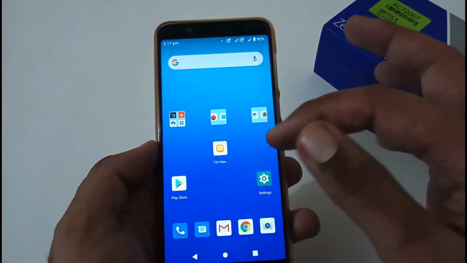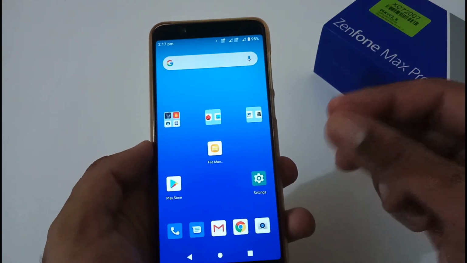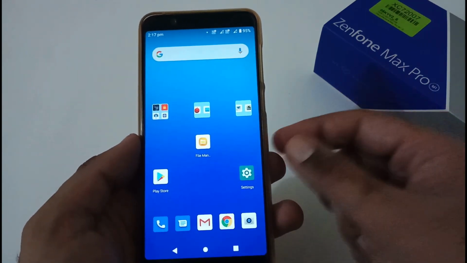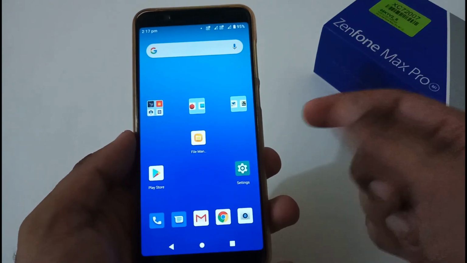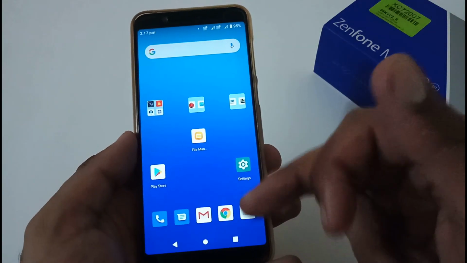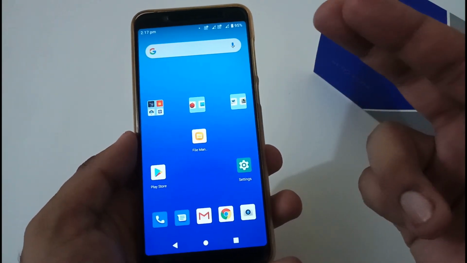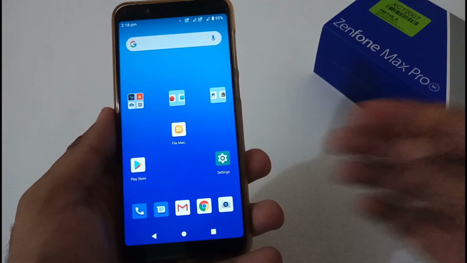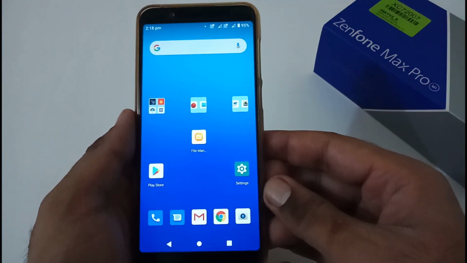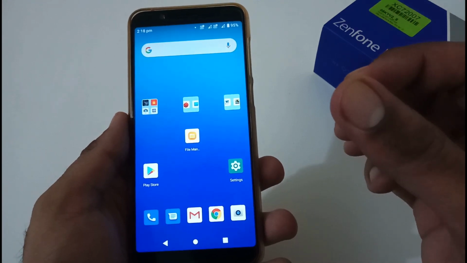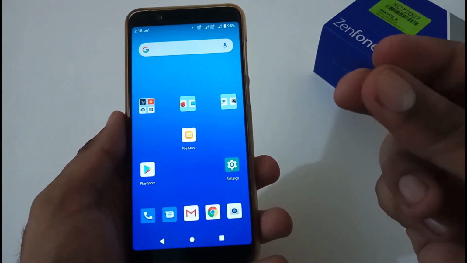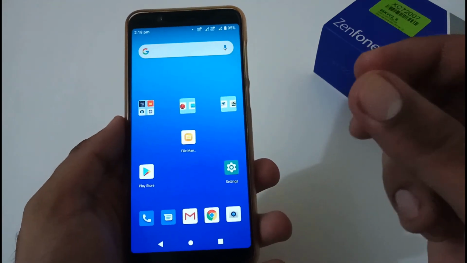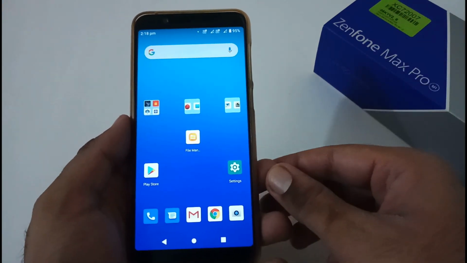Apart from this, the Zenfone logo is again back in the boot screen. Hopefully that will be resolved whenever they have a stable version, and whenever they'll be shipping it for the Indian versions and so on. Apart from this, the gap between the navigation bar using gesture navigation, I have already discussed that part. Apart from this, the vibration issue, yes, so now the vibration related issue has been somewhat better, resolved to some extent, but again I think there is a probability of improving it.